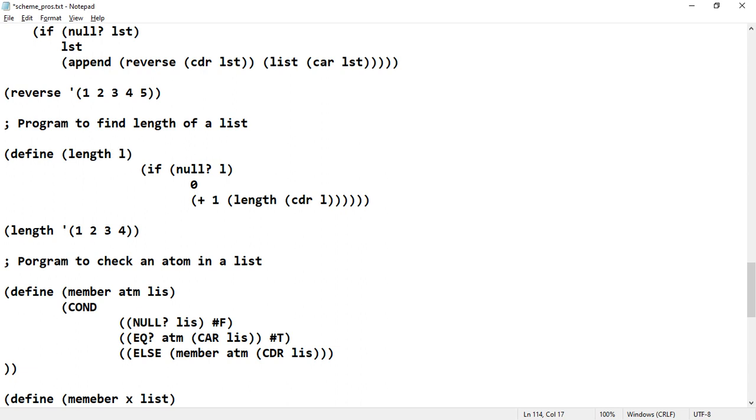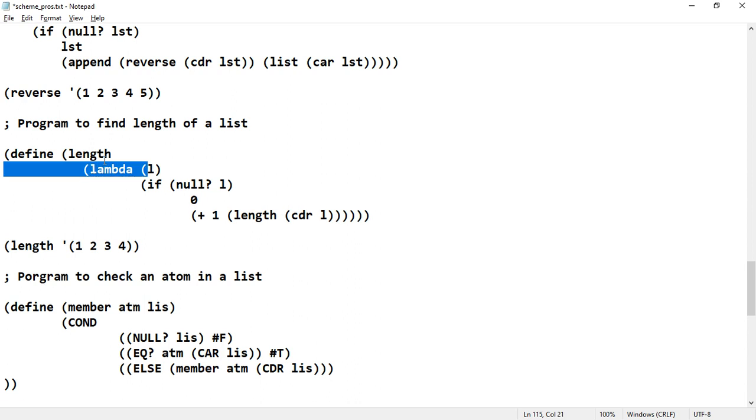If you want to represent it in an independent way, then define length, a function that you are defining, within the bracket lambda L, which is the parameter that you are passing.